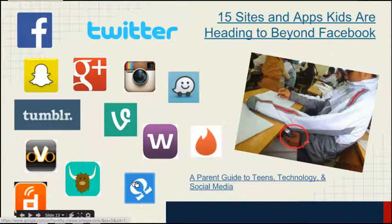Just for example, Omegle is one where basically you have two options when you go to that website. You can click a button and it's like roulette, and you can chat with someone throughout the world randomly, and click another button to refresh to chat with someone else. And the next button in Omegle also lets you video chat with someone else in the world randomly. So it's a very dangerous tool for students because of the number of predators out there. So we have to be aware these tools are out there and help our kids make better decisions with